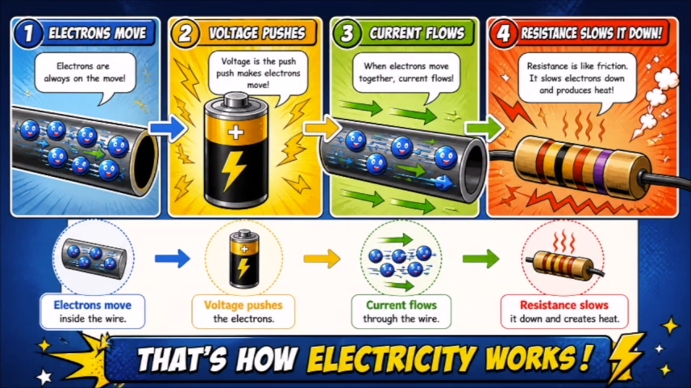So remember, voltage pushes electrons to move, current is the flow, and resistance slows it down. That's how